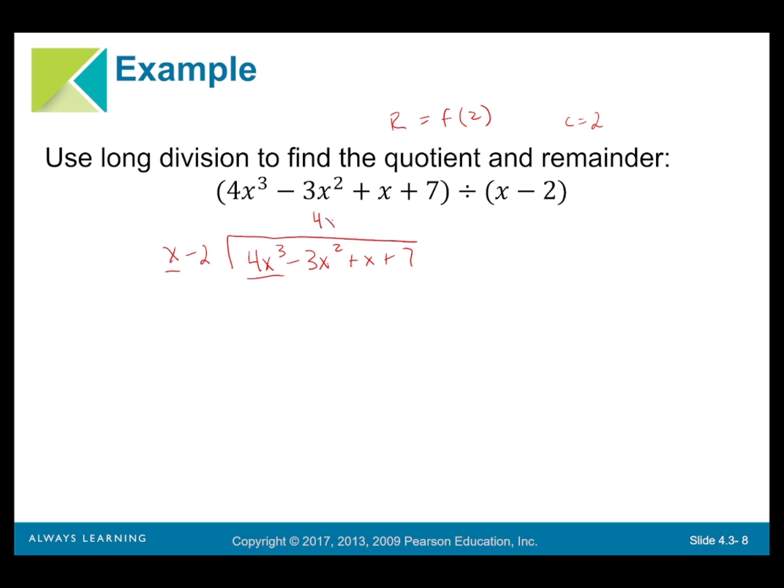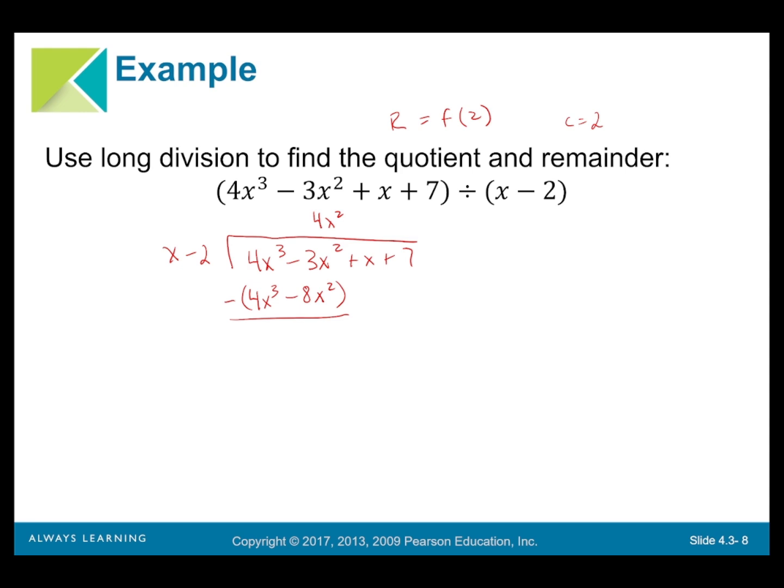Well, 4x squared will. And if I carry that out with all of x minus 2, I have 4x squared times x is 4x cubed. Oh, oops, I had a wrong exponent here. That should be 4x cubed, because 4x squared times x is 4x cubed, and 4x squared times minus 2 is minus 8x squared. So now we subtract that whole term,